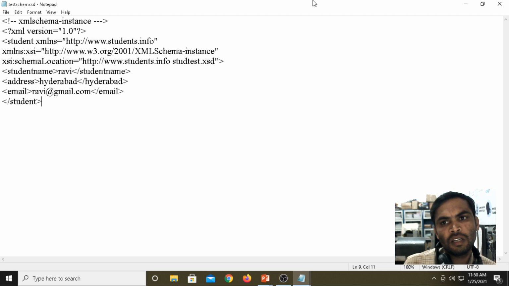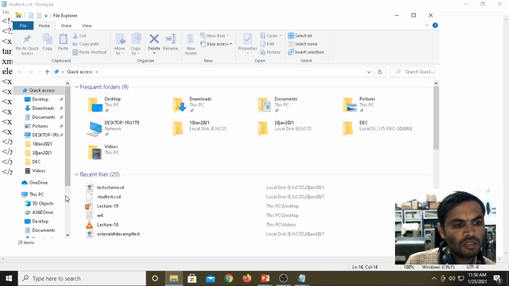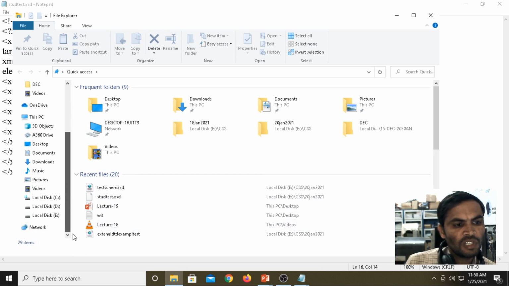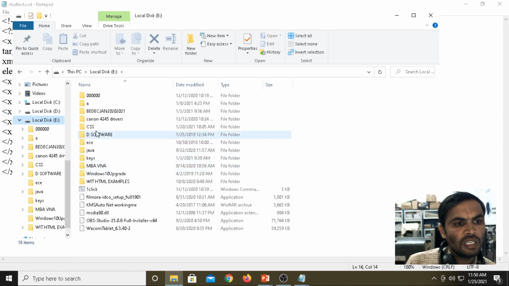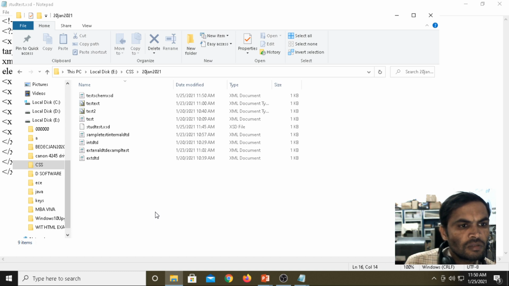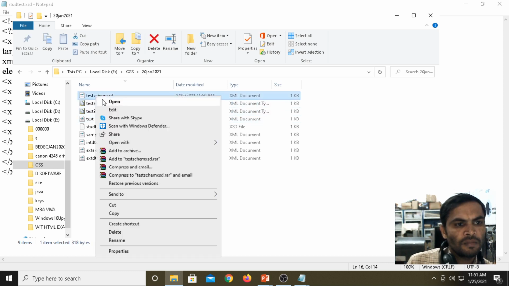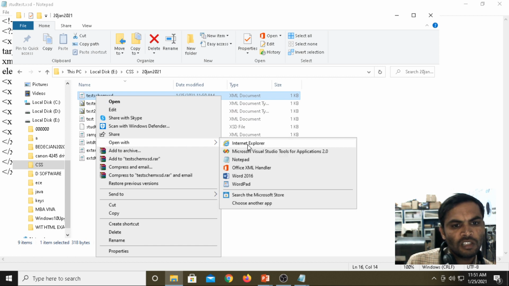Now if you run the program, note that when you save the file as .xsd, studtest.xsd is an XSD file only, in text format. Here is the XML. This is a test. Now we are running it, open with Internet Explorer.